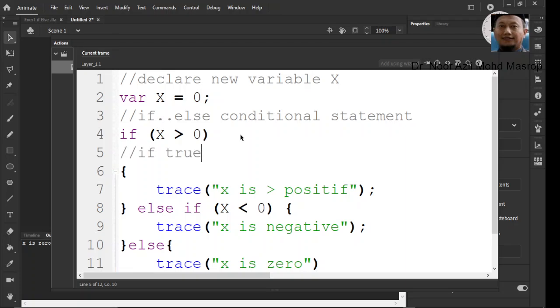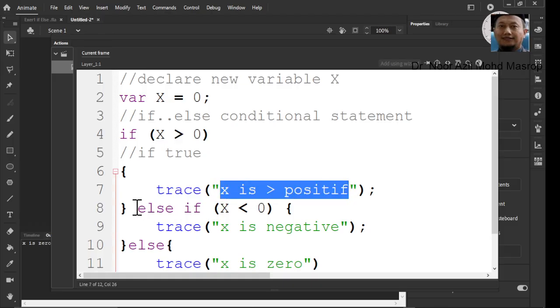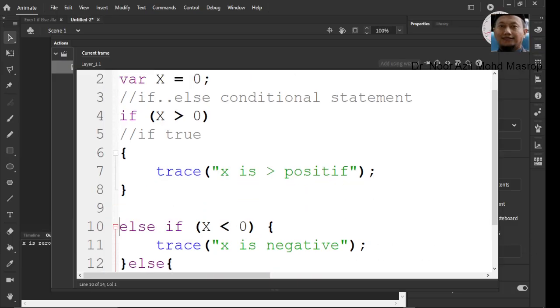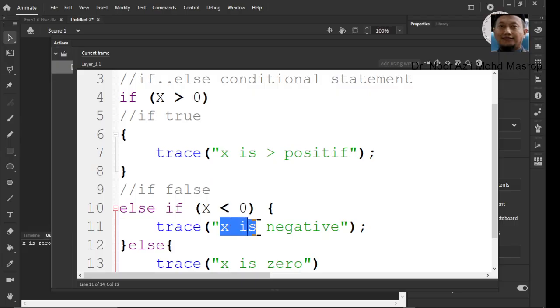You will display this message. And then if not, if false, we will display this x is negative.